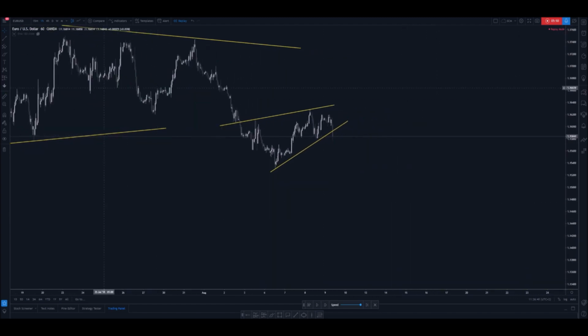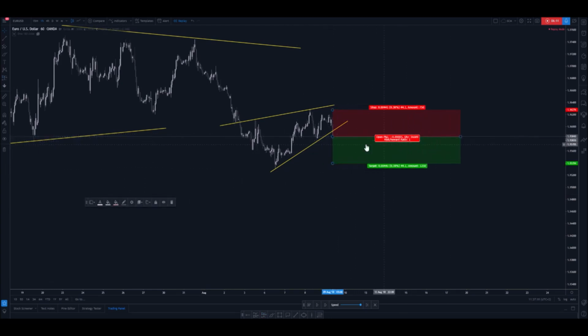Now we are in our 1 hour time frame, and just for a small tip, we use the weekly time frame for direction, the daily time frame for structure, the 4 hour time frame for substructure, and the 1 hour time frame for entry. So if we were to take the trade on the break like our plan says we can do,